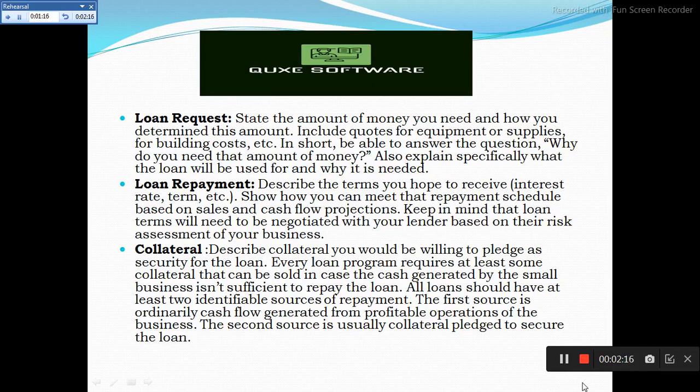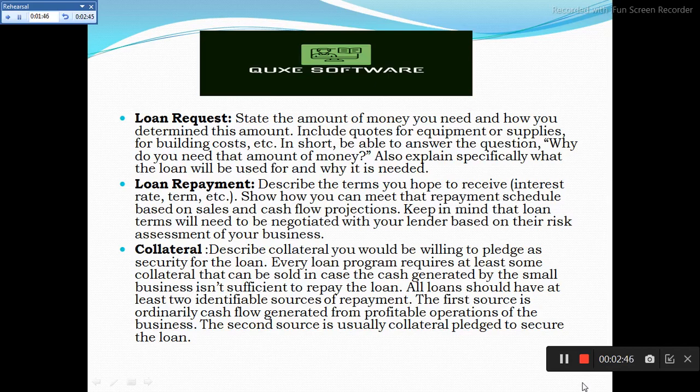Collateral is the security against which the loan will be provided by the bank. Collaterals are usually land or building or fixed assets or shares in another company which you will pledge to the bank for the purpose of the loan. Usually the amount of the loan is less than the amount of collateral, usually about 70 to 80% of the amount of collateral.